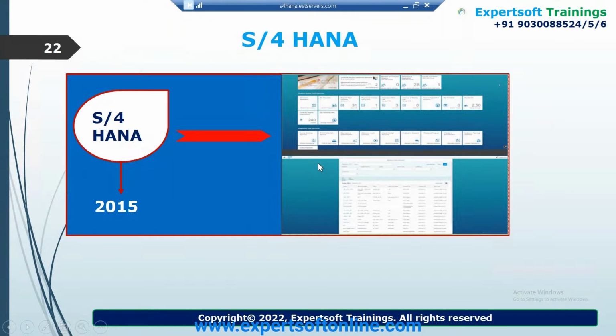Then comes S4HANA. If you say that S4HANA cannot be opened through GUI, it's wrong. S4HANA can still be opened through GUI. You can create reports in S4HANA, SE38 reports. That is okay. But what is the purpose of SAP in bringing S4HANA? They want you to have a better looking experience, meaning customer experience. They have created Fiori applications, where you don't have to go into a GUI application, click on GUI and run the transaction. There will be a URL, you can go there, click on tiles, and process them.